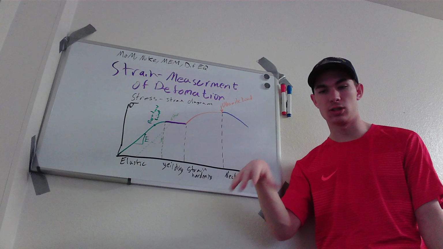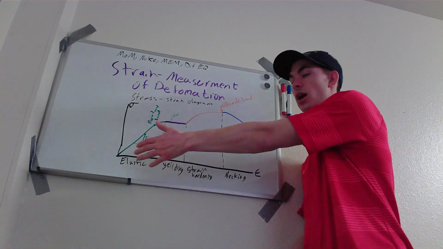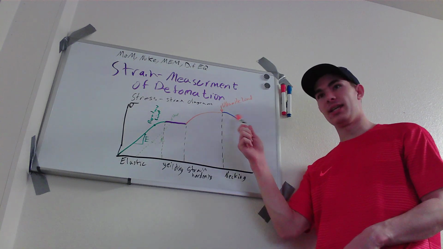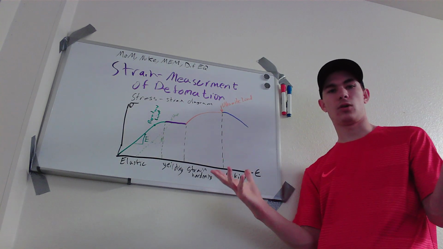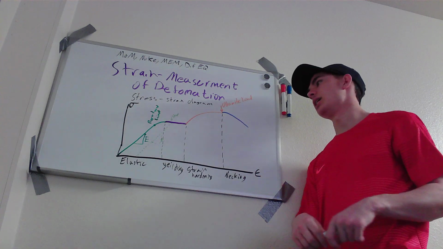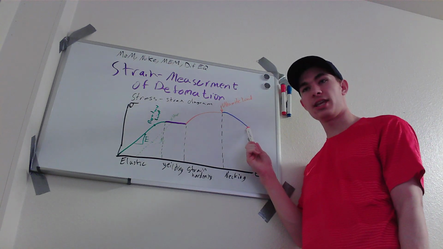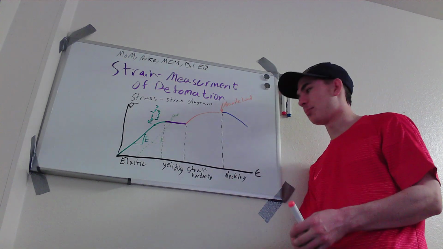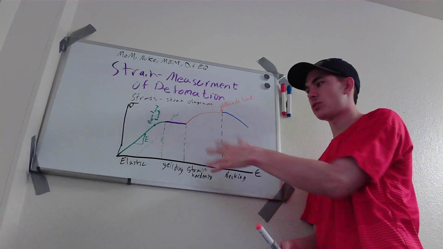The cross-sectional area is getting smaller. In none of these has the cross-sectional area really changed that much, but now the cross-sectional area of your object is changing a ton, until it gets to this point in which it is fractured, it snaps, it breaks apart. And so this is your stress strain diagram